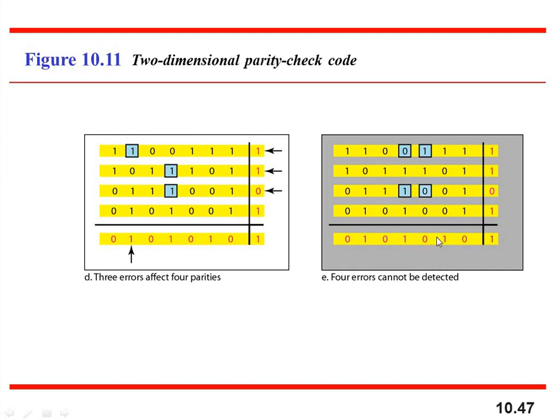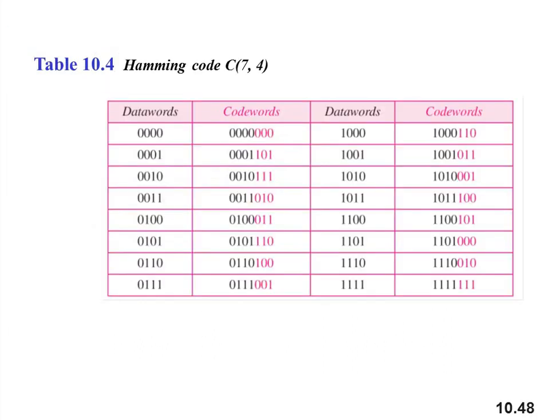there are 2 errors, in the same row there are 2 errors. So the error detection in 2 consecutive or 2 neighboring pixels or 2 neighboring bits is difficult to identify. So the Hamming code, now you can generate the Hamming code like this. So 0000, so you can generate the Hamming code.